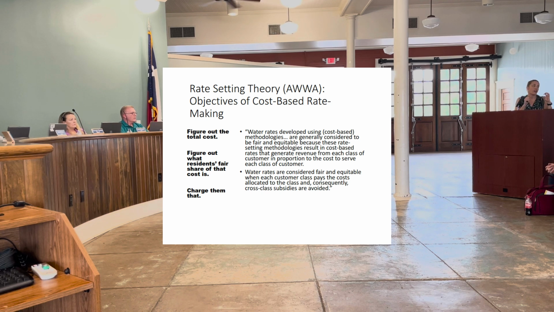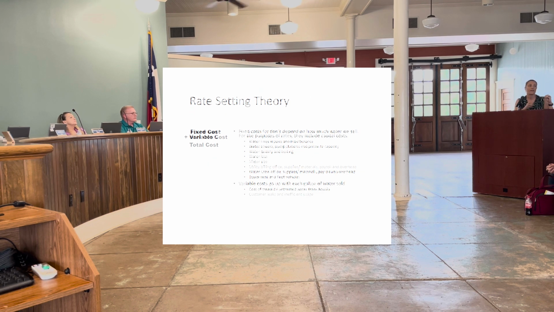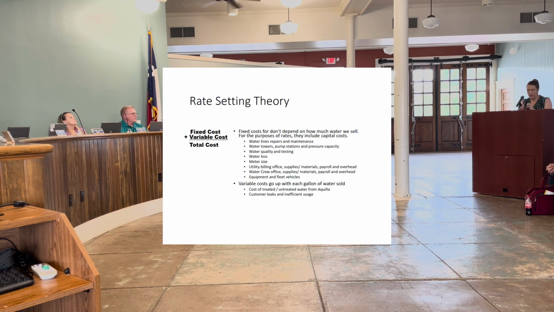Part of understanding the costs, and why that's important, is knowing what is a fixed cost and what is a variable cost, because that is going to impact us later when we're talking about how to share those costs appropriately. For the purposes of utility billing, fixed costs are things that don't change depending on the amount of water that we bill. So they may change. They're not fixed in terms of it's a static number every month, but they don't change depending on cycles or